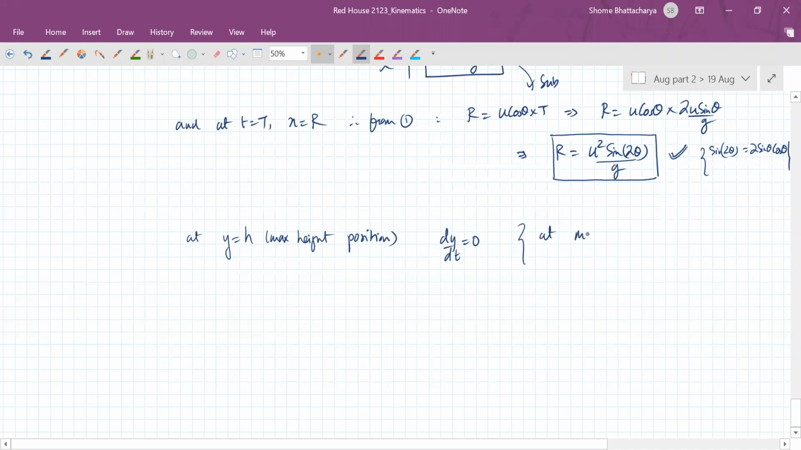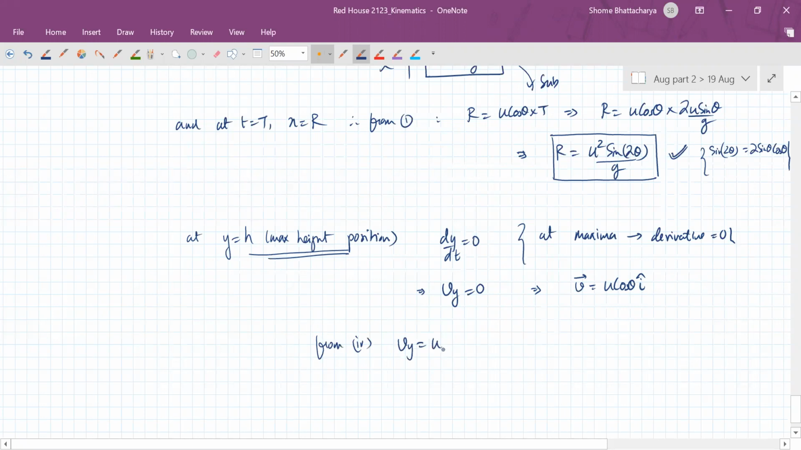At maxima, the derivative is equal to 0. So that is the logic that the y component of velocity should be 0. Therefore our velocity should become just u cos theta i cap at the maximum height position. So now we have from our equation number 4,